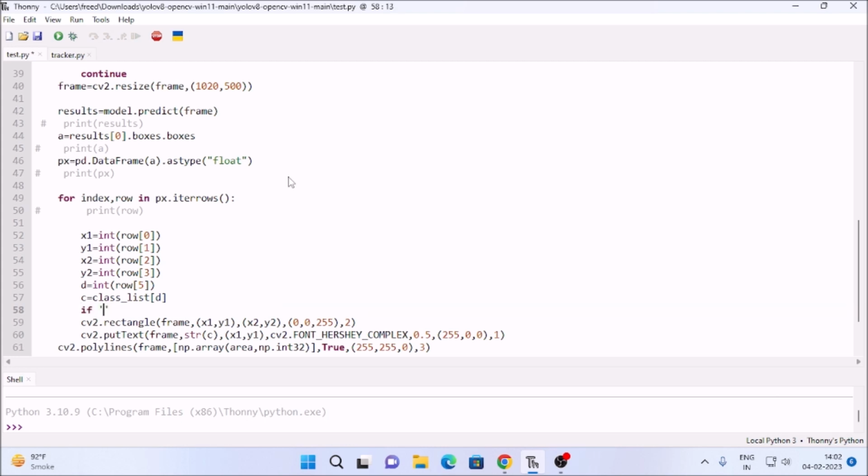If car is in our c, because c is our class, then only we are going to draw a rectangle, and put our text on our rectangle. So if I save the code and run the code,